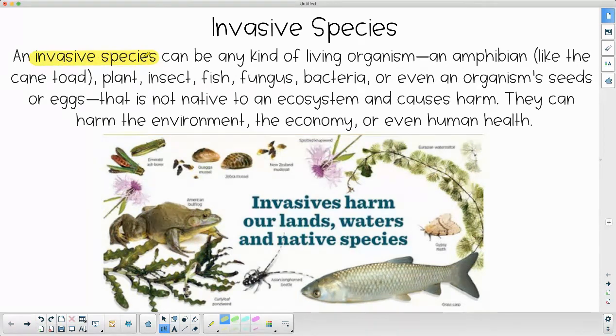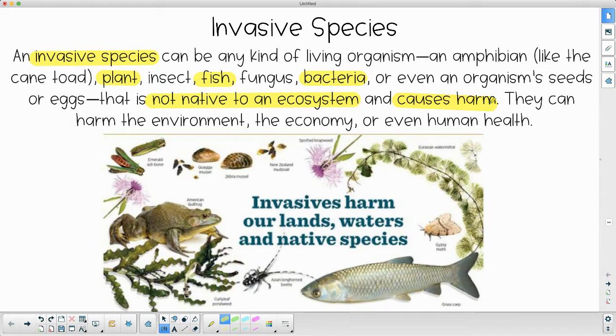Invasive species can be any kind of organism. They can be as small as bacteria or a tiny seed. They can be a plant. They could be a fish. They can be any sort of primary or secondary consumer. They can be anything. They become invasive when they are not native to the ecosystem and they cause harm to